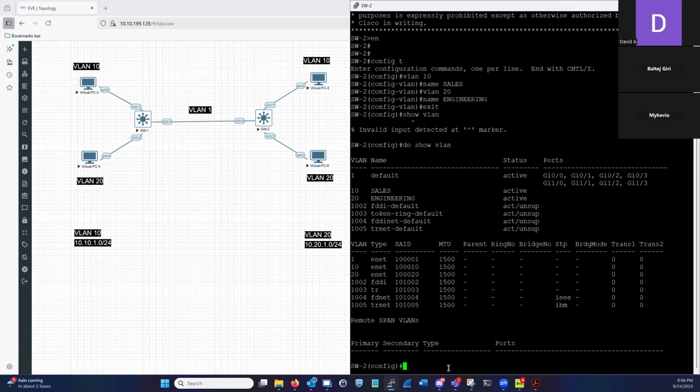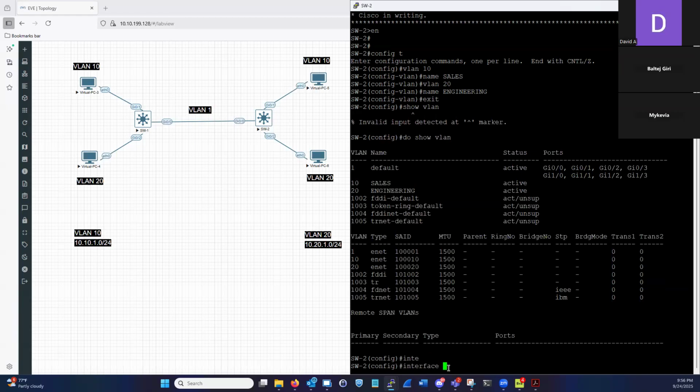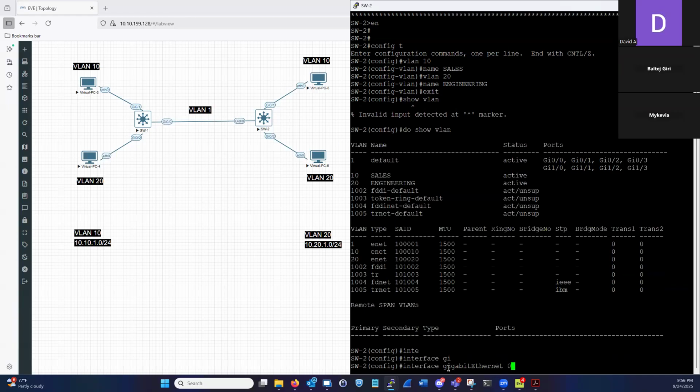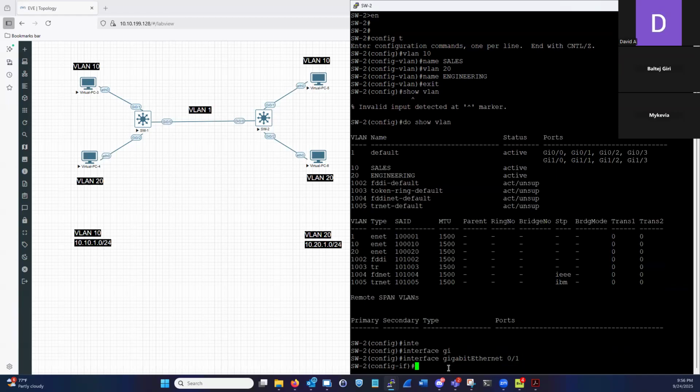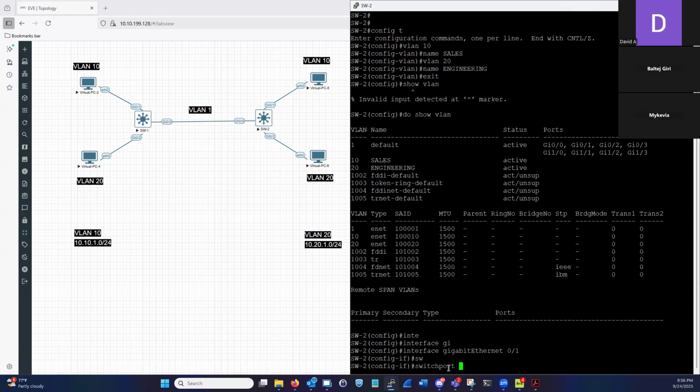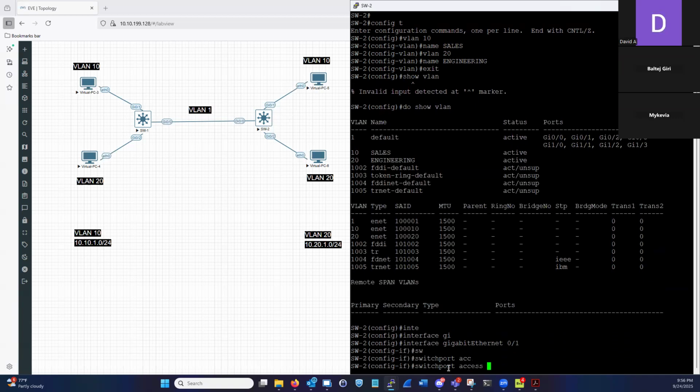So we're still in configuration mode. Let's do virtual PC5 first. Let's do interface, right? And let's do gigabit 0/1. Okay, so we're going to go ahead and make this modification to the port, right? And we're going to keep it at layer 2. So we're going to say switchport, we're going to say access, right? Because our design isn't saying I want you to carry multiple VLANs, right? I just want you to go ahead and be able to